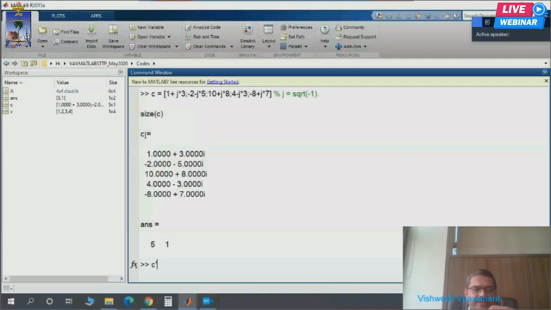Okay, for that I will write C and this prime. Look at this, C and prime, basically. Now when we go for the transpose of a complex array or a complex matrix, it is not just the transpose, it is complex conjugate plus transpose. This is the property. So when I press enter here,